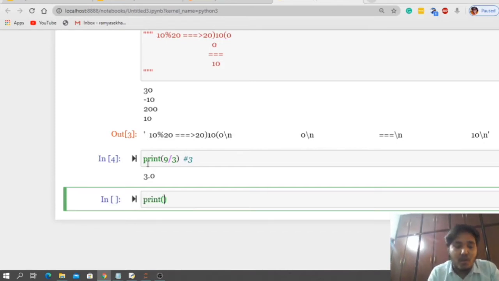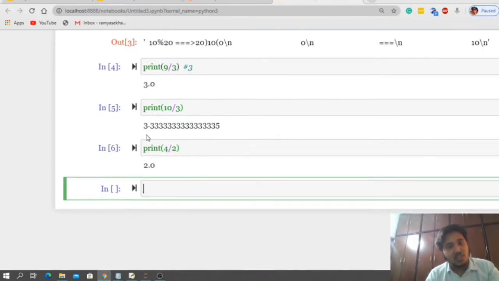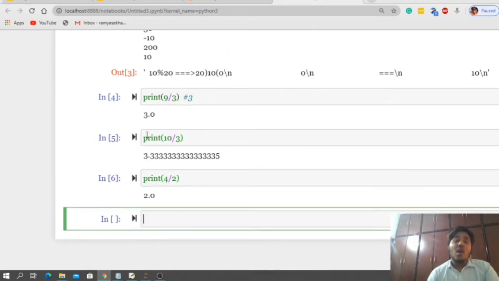Let us take one more, 10 by 3. What is 10 by 3 here? 3.33. Let me do division with one more, 4 by 2: 2.0. So the division operator's return type is float only.